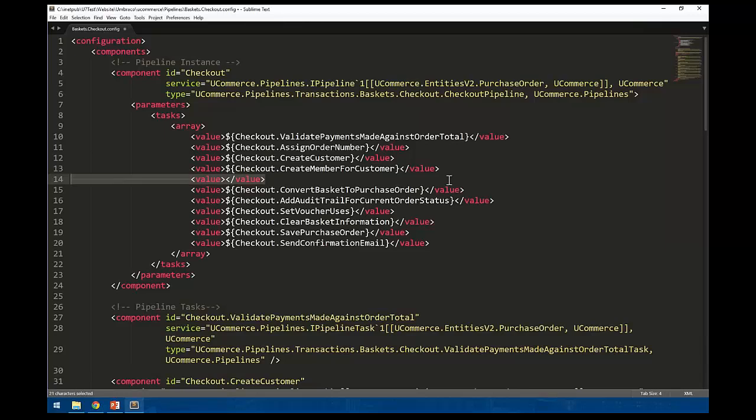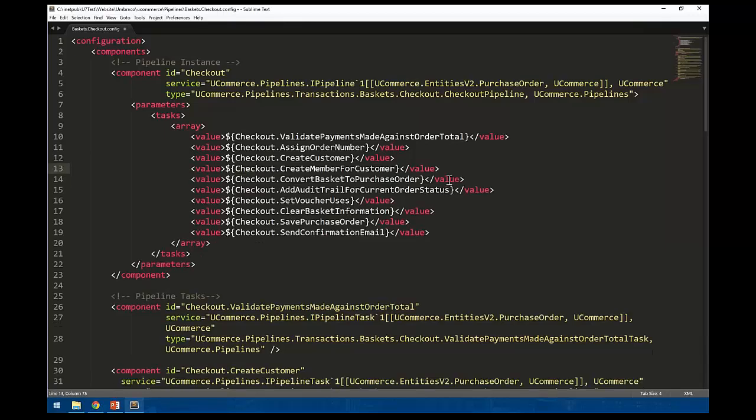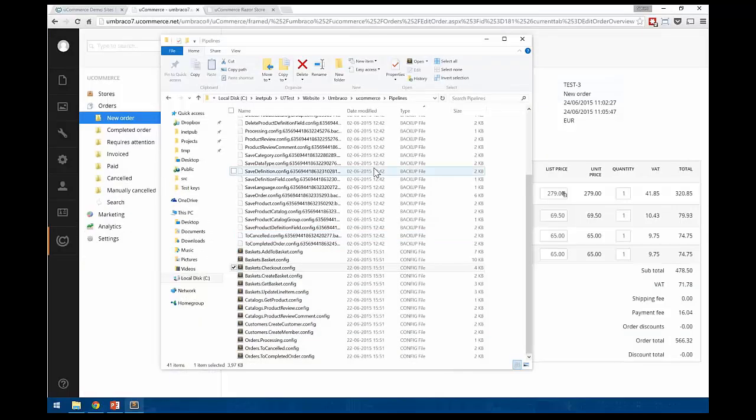So in 6.7 we added the notion of partial components, or apps as we call them. The idea is that you should be able to modify the business logic of uCommerce without actually modifying the files themselves. So upgrade scenarios would be easier. It would be simpler to figure out what the changes that you make to a given component are. And so let me show you that.